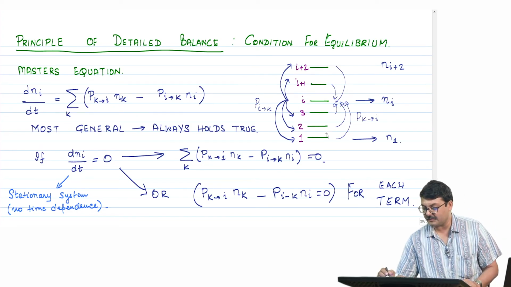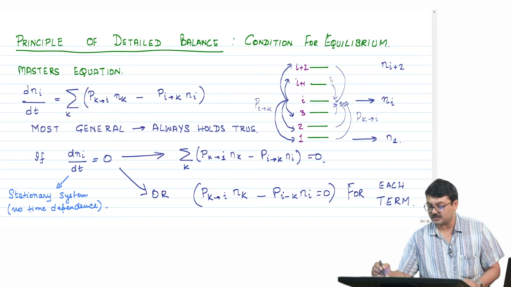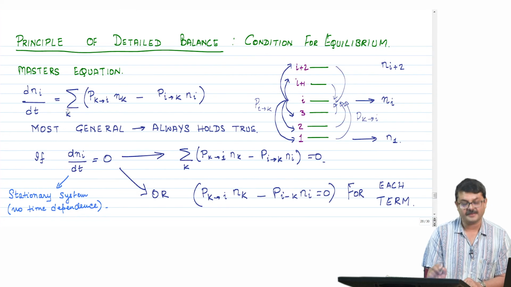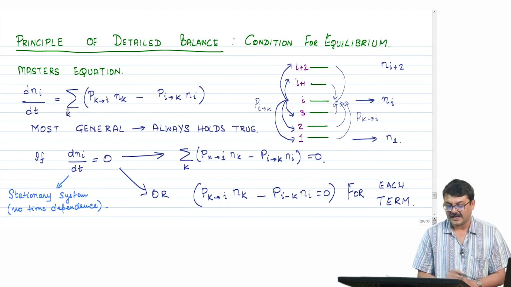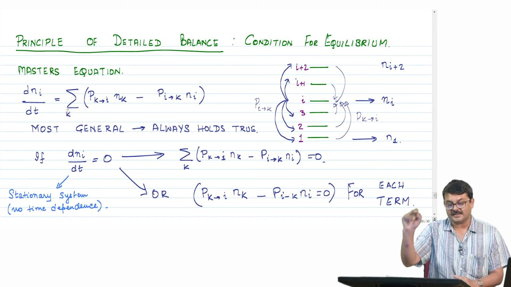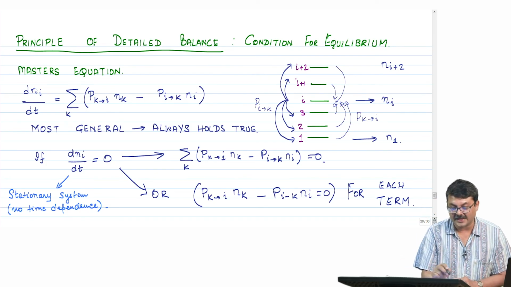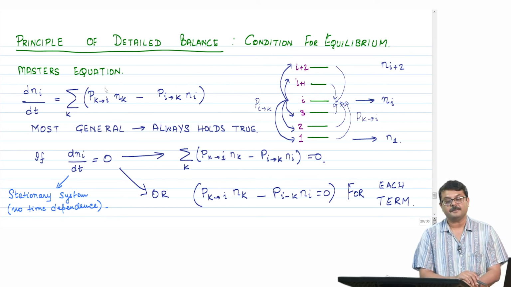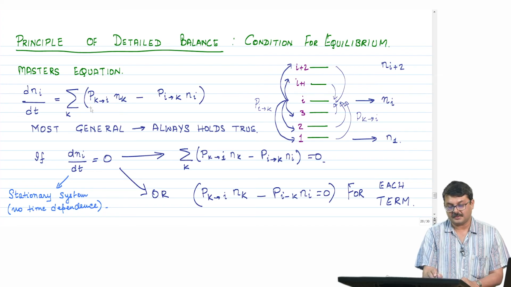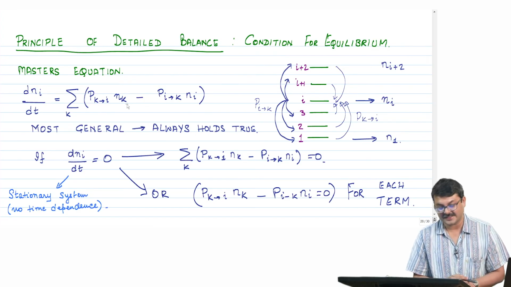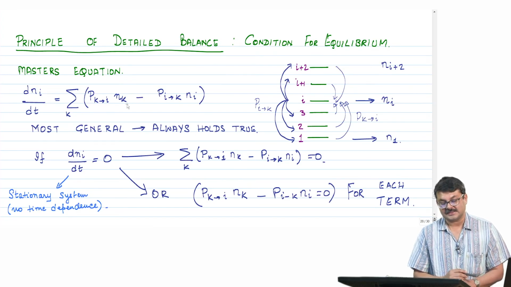So, suppose k will be 1, 2, 3, 4, I plus 2, I plus 1, all states except I, sum over k, k goes over all the states, and this comes with a positive sign because from different states particles are hopping into state I. So, transition from k to I, population of n_k, right. So, it will depend upon this transition probability times the population density of state k, minus